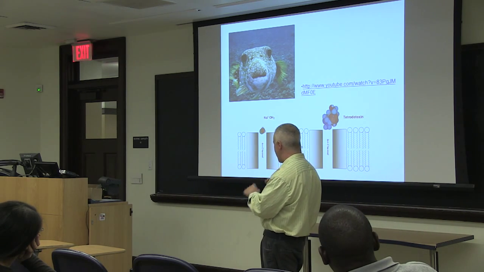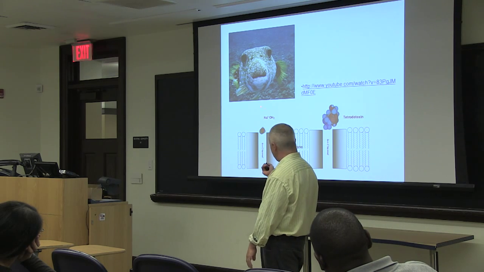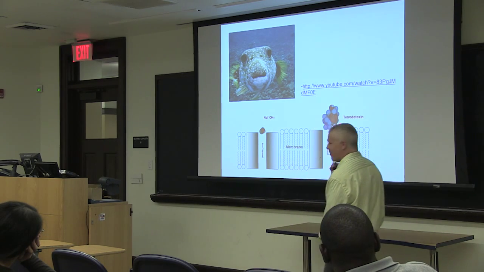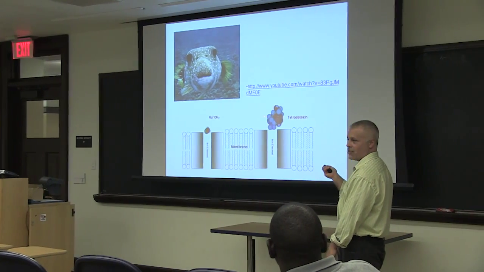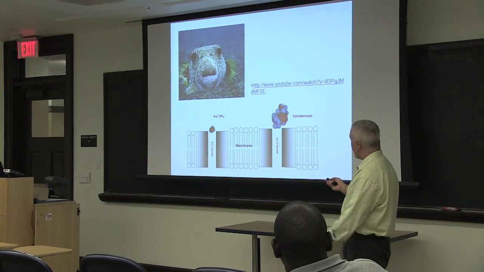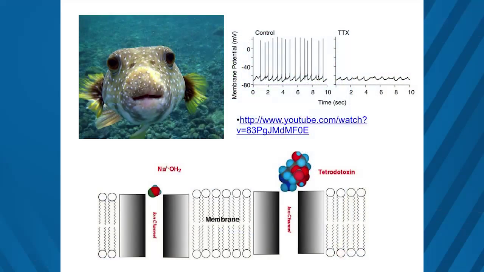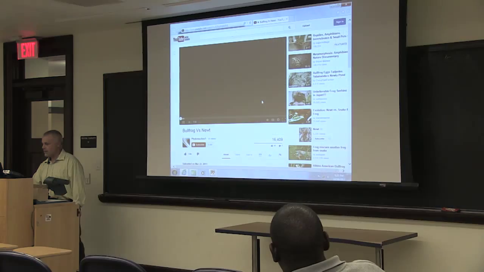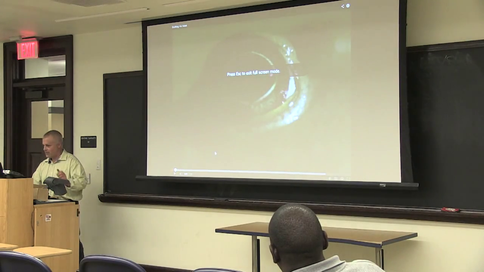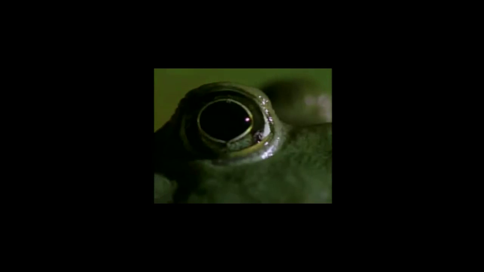This is a little complicated, but here's what's called a channel, and electricity goes through this. This is the pufferfish poison, and it sits and blocks that channel, and all of a sudden the nerve turns off. And I show them this little image of electrical activity, and when you add the poison, there's no more electrical activity. And then I show them this video, which is another really cool video. So let's see if I can get this to work. This is online. This is the danger of using YouTube. Okay, so this is actually not the pufferfish, but this is a salamander that has the same poison, and hopefully